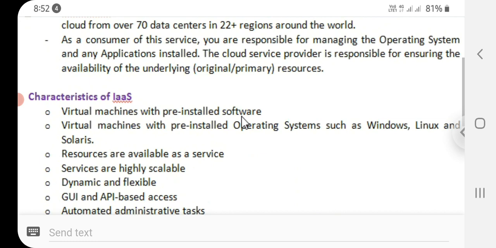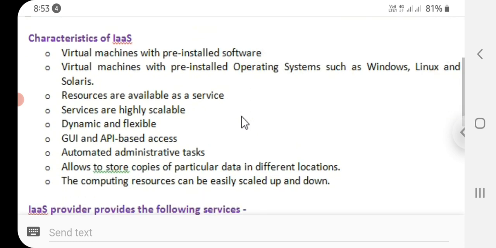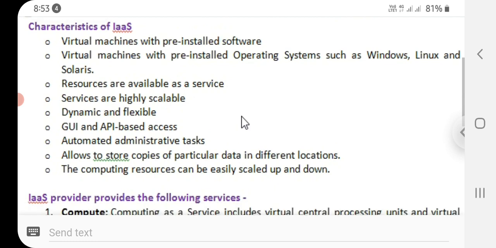So, what are the characteristics of infrastructure as a service? Let's see. Virtual machines with pre-installed operating systems such as Windows, Linux, or Solaris. Resources are available as a service. These services are highly scalable, dynamic, and flexible.